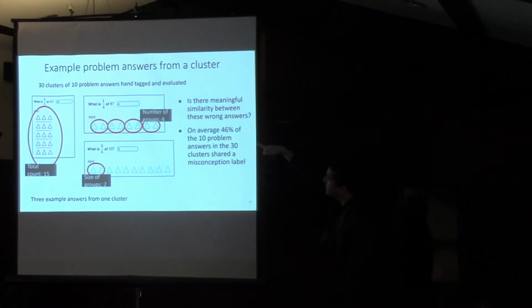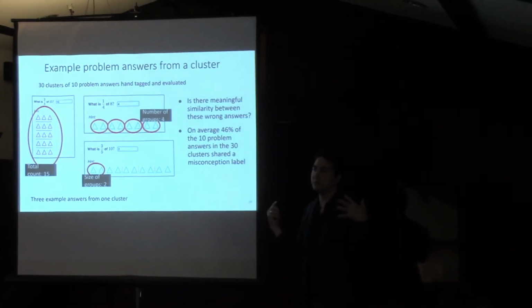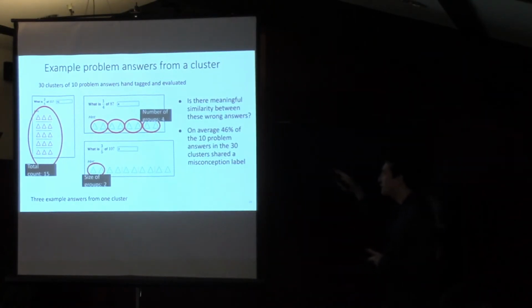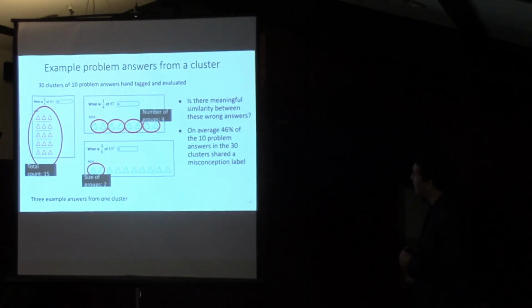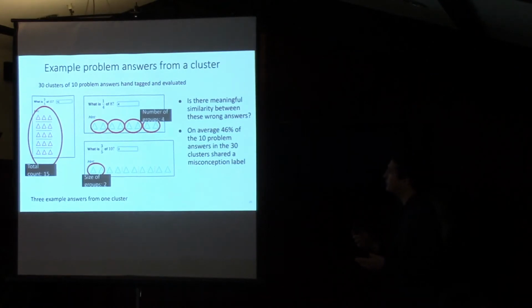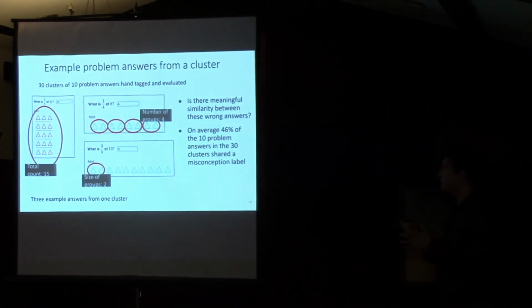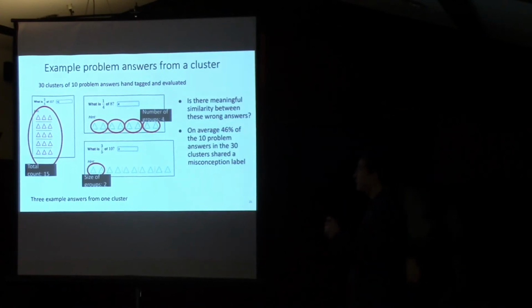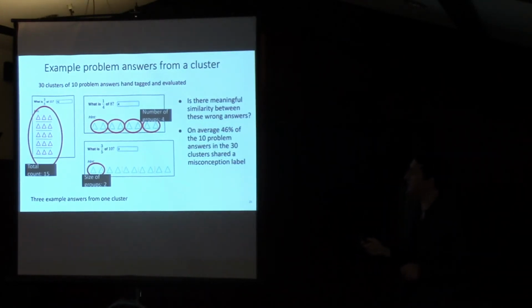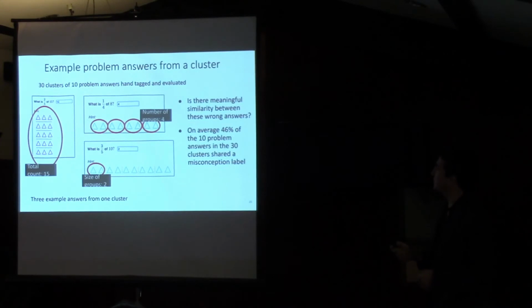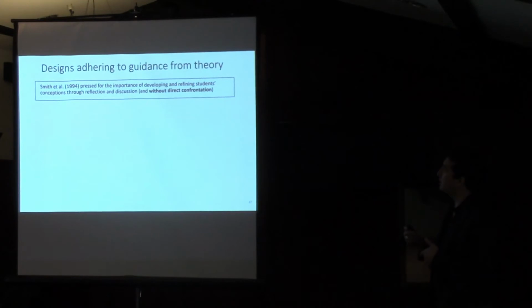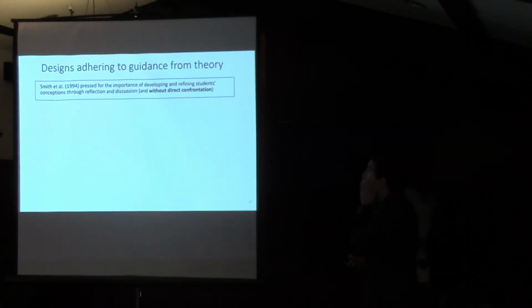So when we did the validation of the tagging of the groups, ideally we want the groups to contain all the same misconception tag, to be homogeneous. And they were 46% homogeneous, which is certainly way better than random. But like the analogy validation, it could do better. Is it successful because of 46? It's publishable and borderline usable. I would say it should be higher than 60 or 70% to be really usable. All right. So what kind of pedagogical affordances are possible?